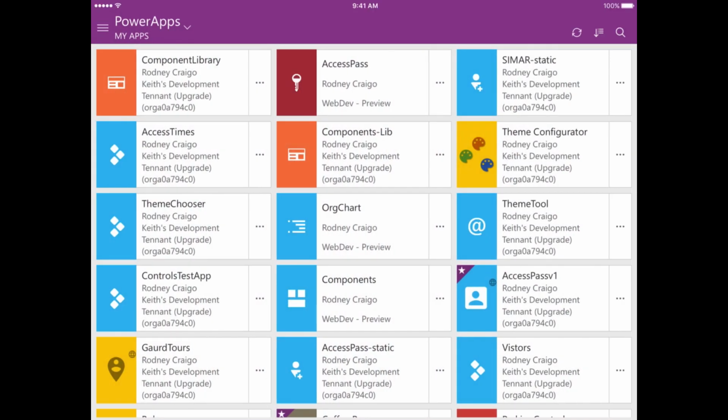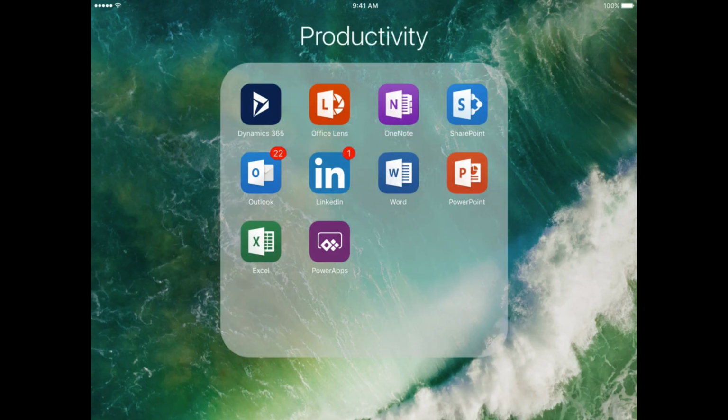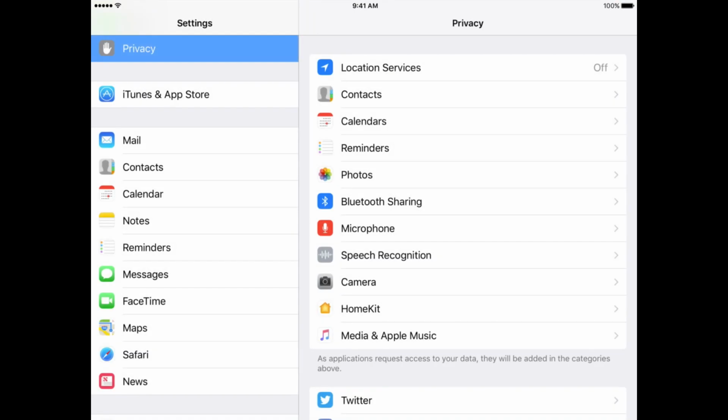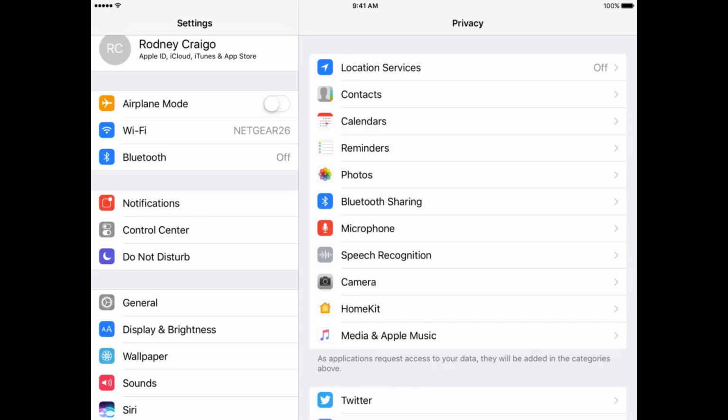I'm going to go into offline mode. And in offline mode, I don't need to check to see if the user has access to SharePoint, because if they're offline, they can't even get to SharePoint Online. So that's one thing you don't have to worry about.